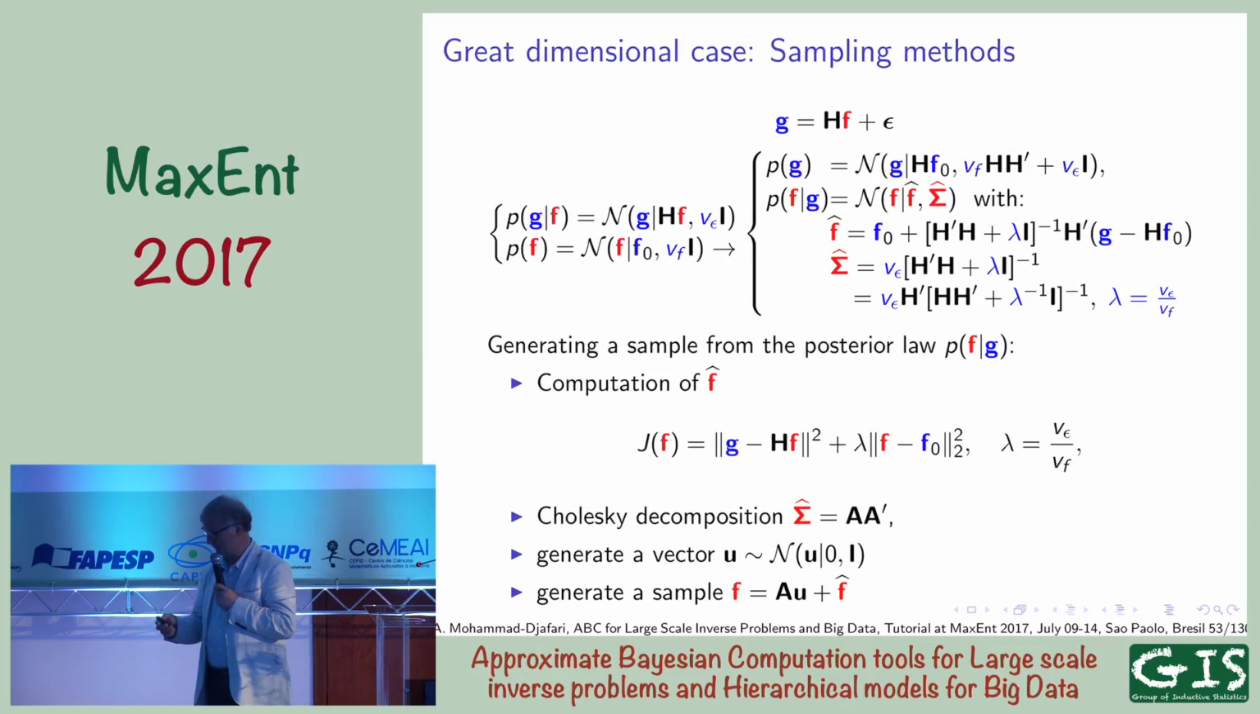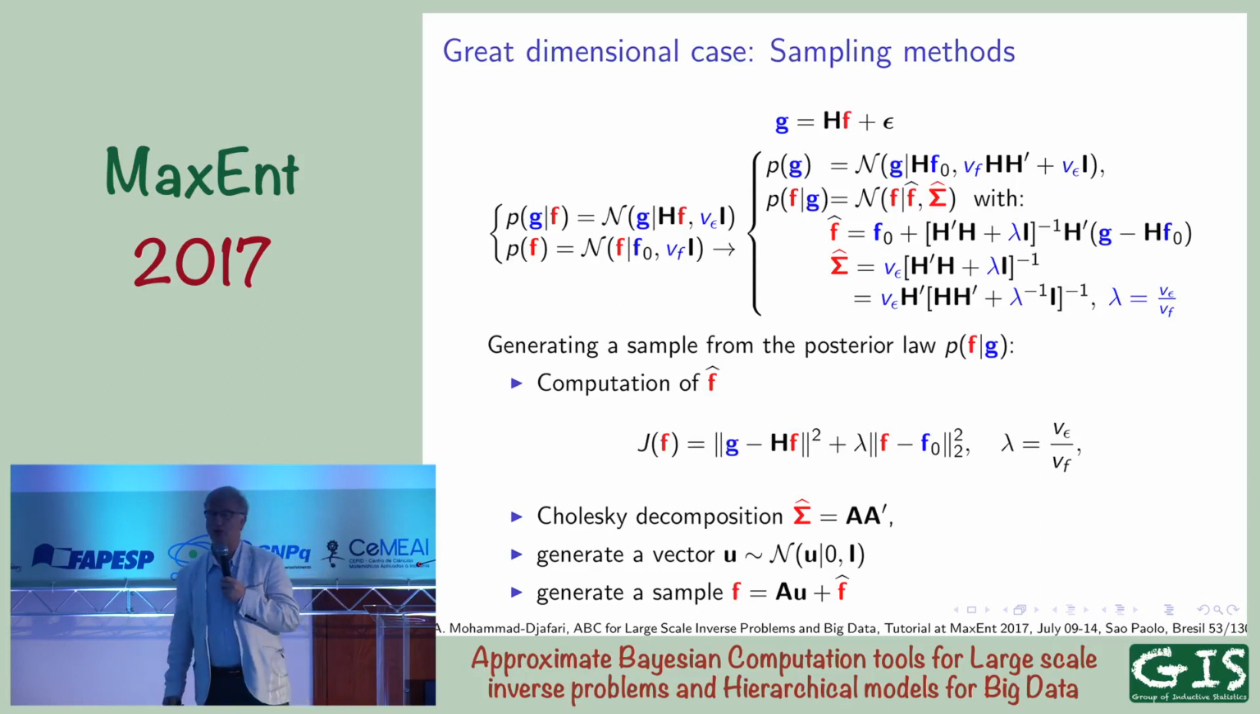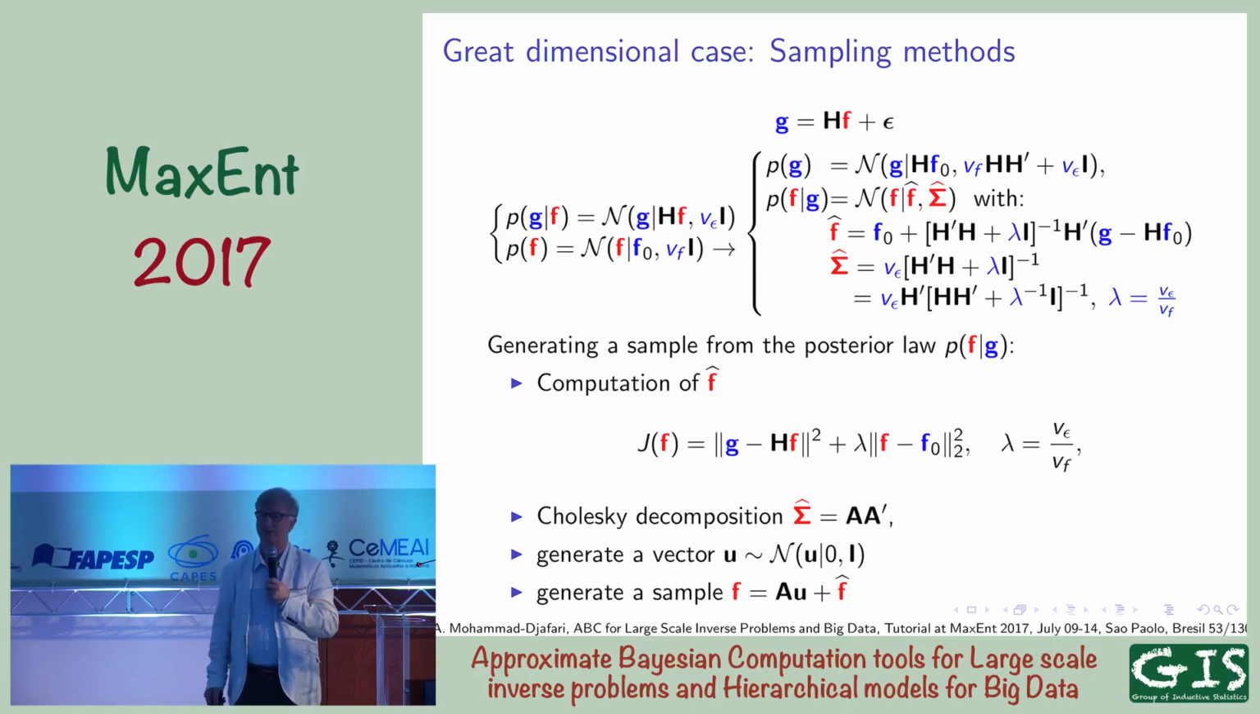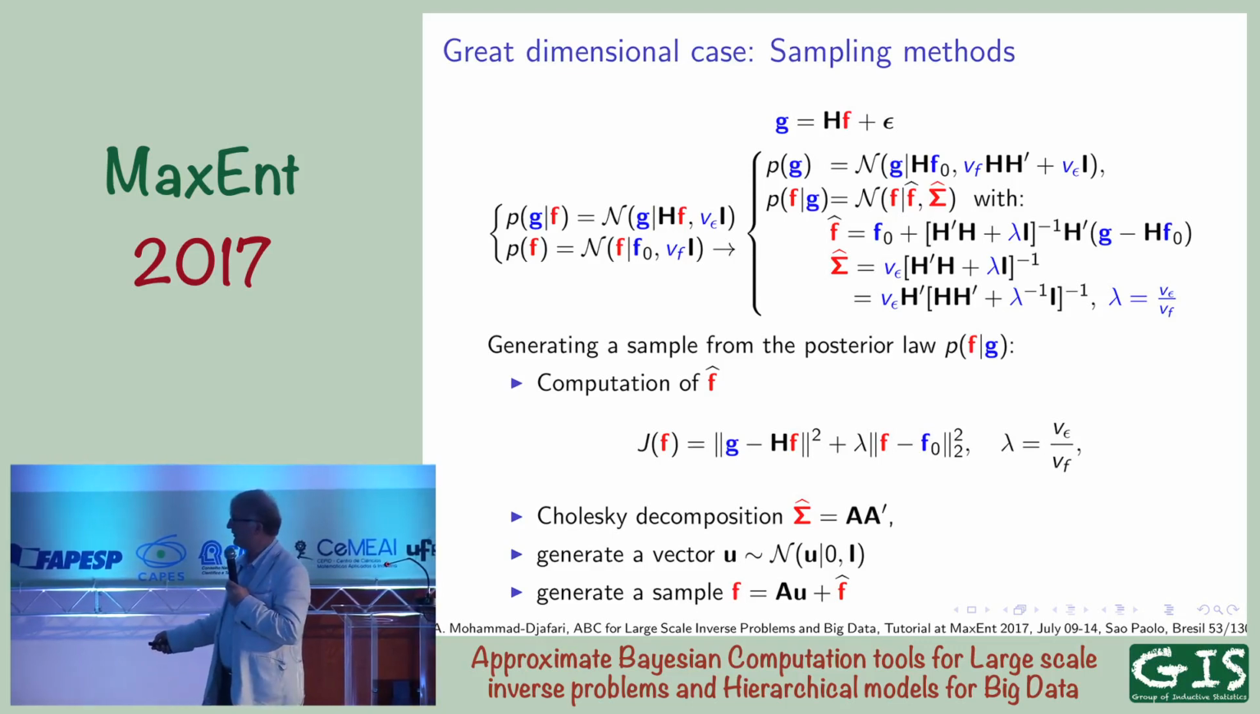Okay, and the third category is sampling methods. Imagine that you have this posterior probability which is Gaussian, and you decide to generate samples from it. How can we generate samples from a Gaussian distribution? Actually, if you can do a Cholesky decomposition of this matrix, and if you can generate a